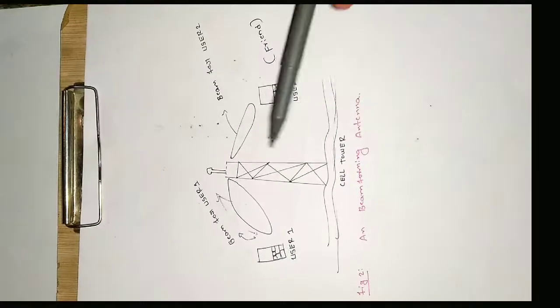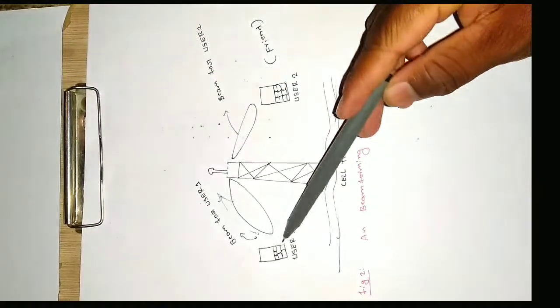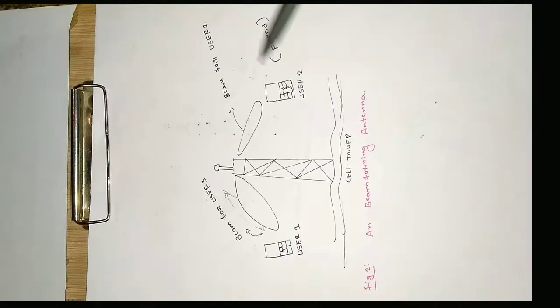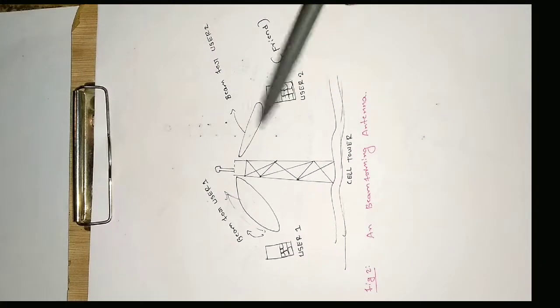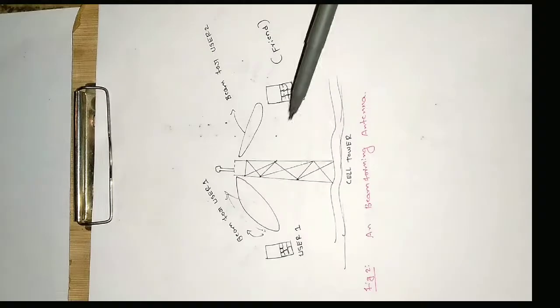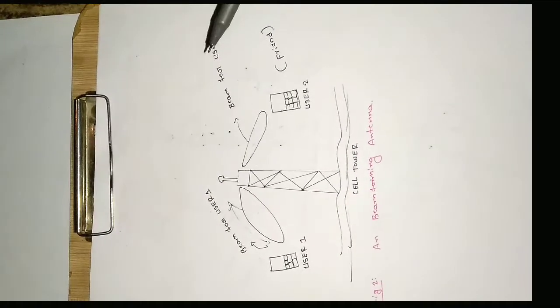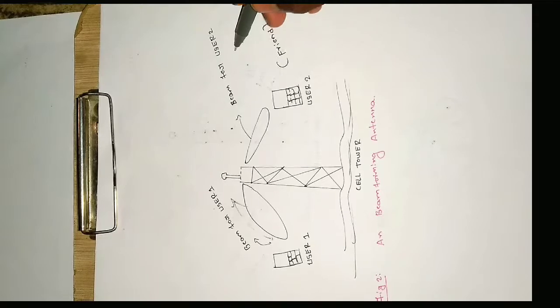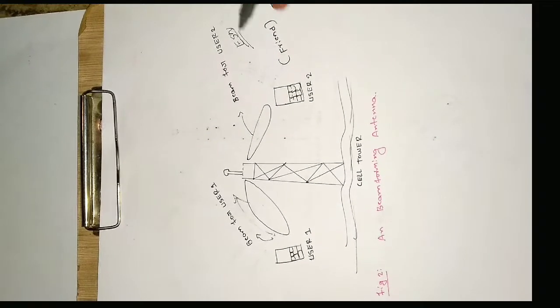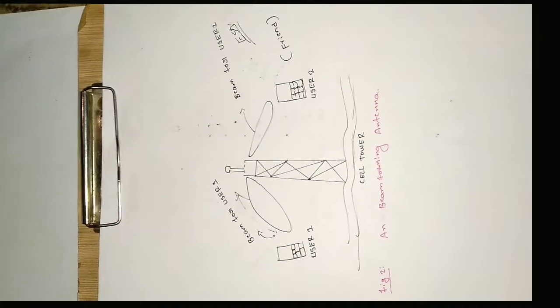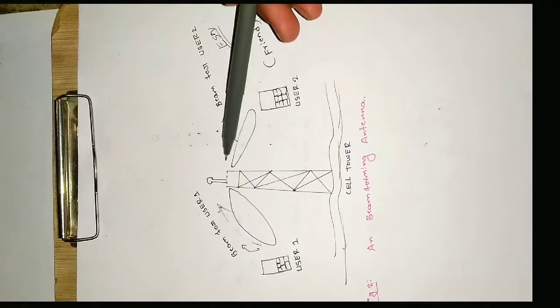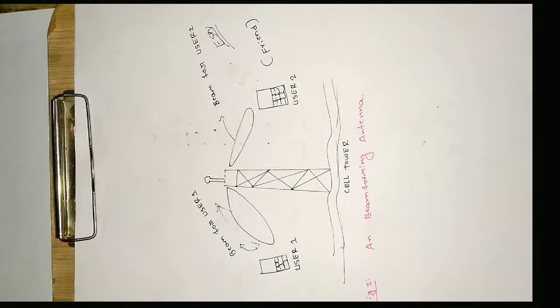Okay, so now coming to this problem, you are connected to this cell tower, and the user 2, that is your friend, is also in the same tower premises. Then if you want to communicate, you dial the number of your friend, that is the ESN, the electronic serial number, which is the mobile number basically. Then it will be putting out energy in different directions.